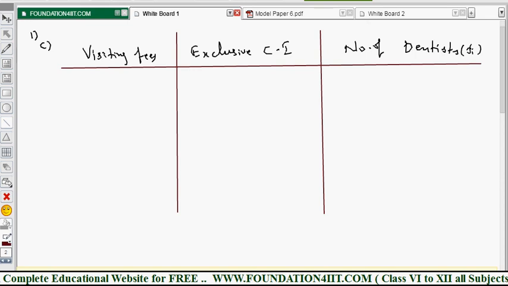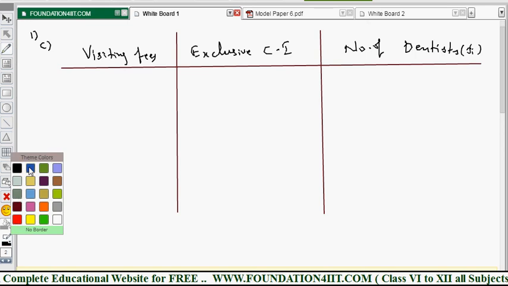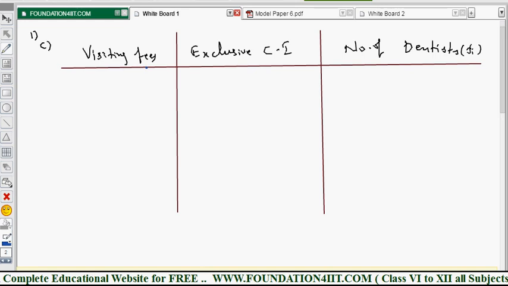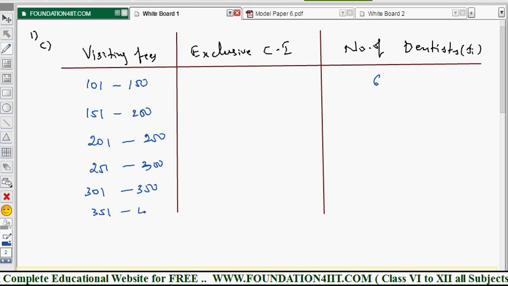So given data we should write first. That is visiting fees in rupees: 101 to 150, and the number of dentists is 6. Then it is given 151 to 200, 201 to 250, 251 to 300, 301 to 350, 351 to 400,